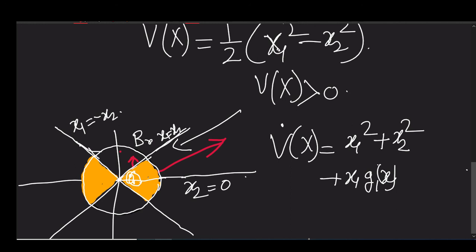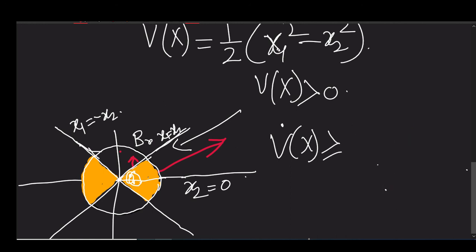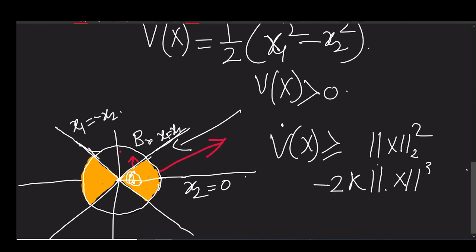So now what we can write here is that V dot(x) becomes greater than or equal to, just a slight manipulation yields this. So that will give us